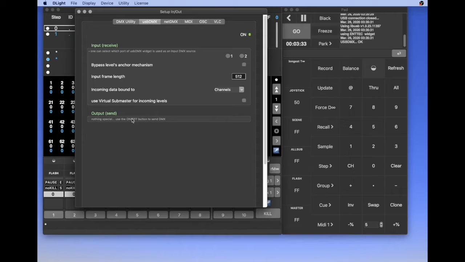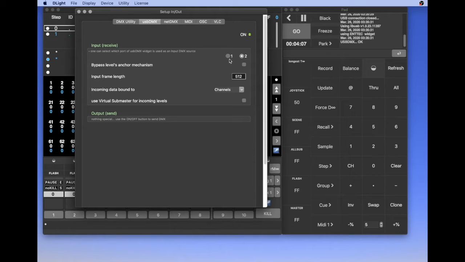To output DMX, there is nothing special to do. If you want to receive DMX, because some USB DMX interface have two ports, you can decide if port 1 is for input DMX and port 2 for output, or if port 2 is for incoming DMX and port 1 is for outputting DMX.